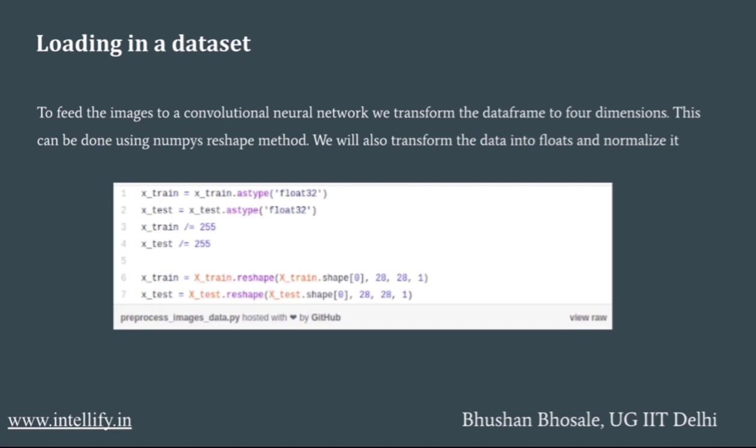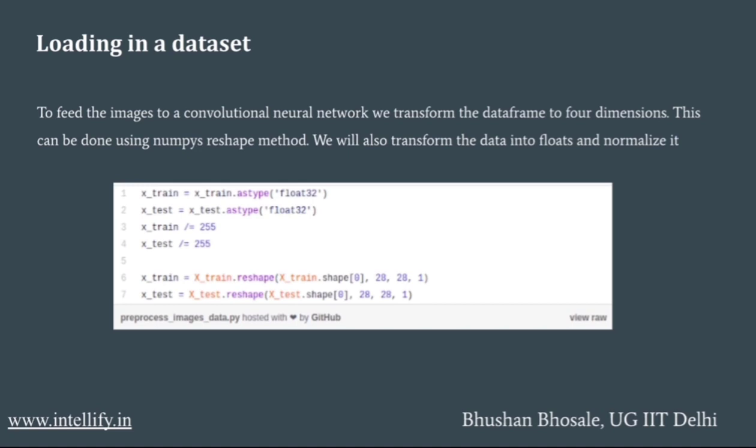What we are doing here is x_train was first an integer type value, but we converted it into a float. Then the third and fourth lines say x_train divided by 255 and x_test divided by 255. We have actually normalized the values of x_train and x_test.